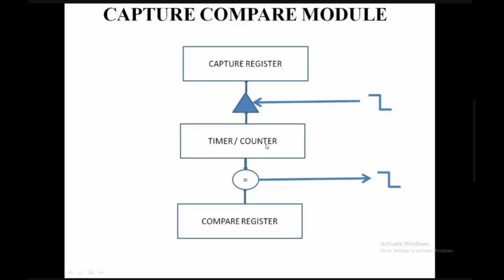But in the higher end microcontrollers, we have two more registers. In the bottom rectangle box, we call it the compare register. So what do you mean by compare register? As we discussed several times while discussing PWM, we fix some value in the compare register. Say for example, when the timer is an 8-bit timer, it starts from 0 and goes up to 256. When it reaches 256, it will overflow, and then again it starts from 0. So in the compare register, if we keep the value as 128, there is an equal to symbol here. The compare register has 128 value.